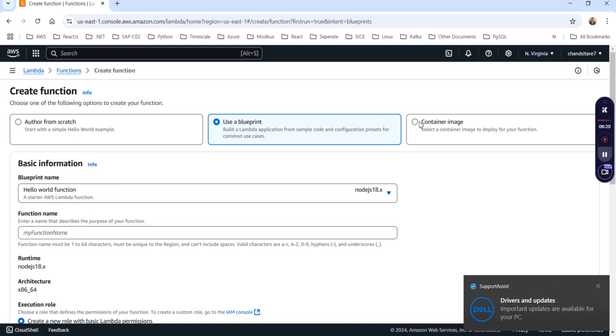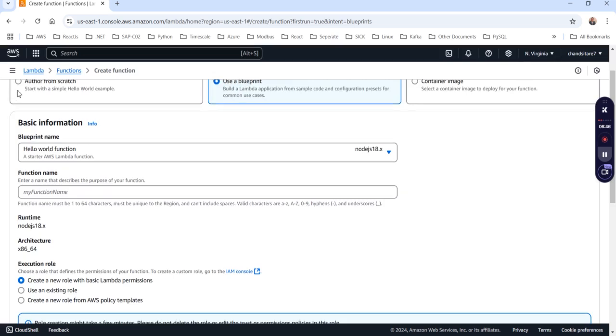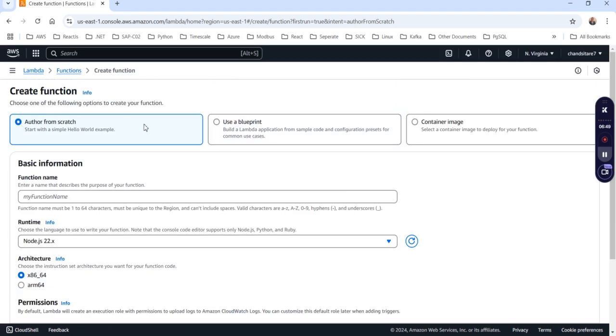And there are also container images. If we are willing to develop an AWS Lambda and deploy it on Docker, we can develop the containerized image of AWS Lambda also. We are not going to discuss these things now. We will see the blueprints later, but we will first cover developing AWS Lambda right from scratch. From the next video we will start creating the sample function. So in this video I'll just explain the